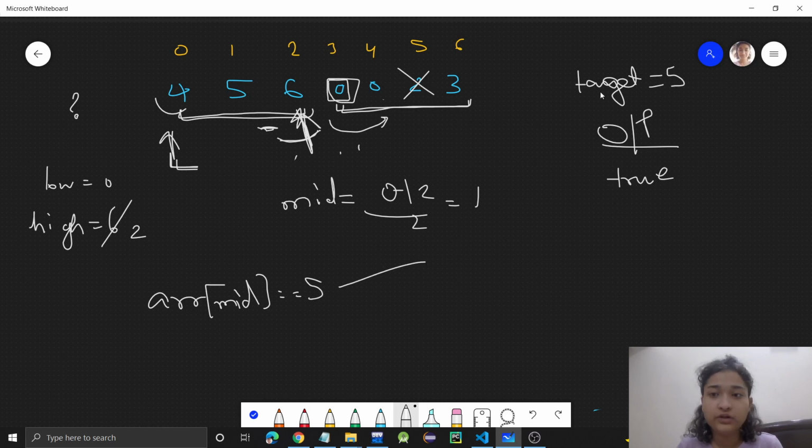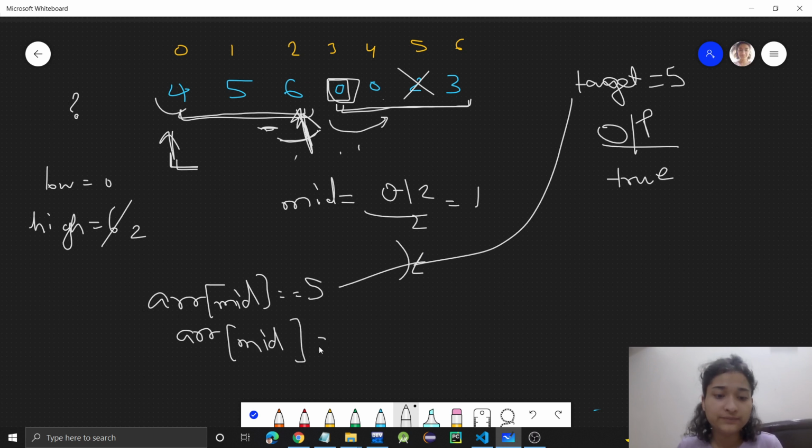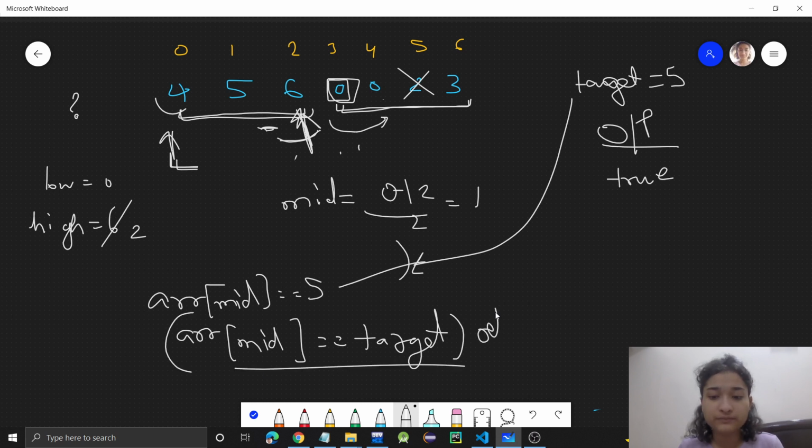And our target is also 5. So when ARR of mid is equal to target, we found the element, so we will return true. Simple. I hope you understood this test case. So the output will be true.